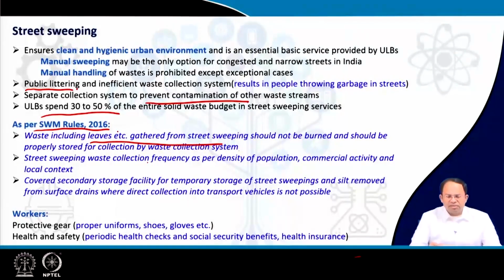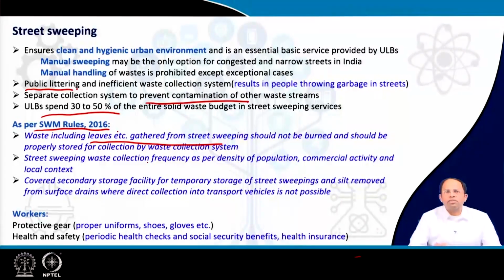Now, street sweeping waste collection frequency should be as per the density of the population, commercial activity, and the local context. So that means the street sweeping collection frequency is for roads, and how much we should collect from which road depends on the population catered for around that particular road. That means how many people stay around that road and use that road. Then there is the amount of commercial activity, that means how much waste it generates as well as attracts. People will come here and they will also create litter in this area, because commercial areas attract a lot of outsiders, and at the same time, because these are commercial operations, there may be packaging waste and other kinds of waste generated over here.